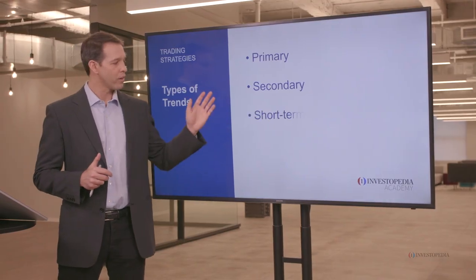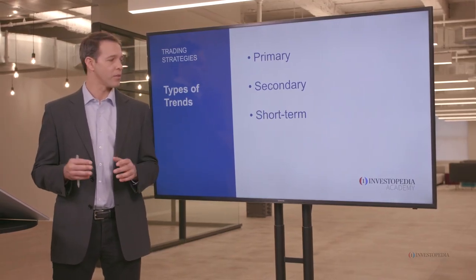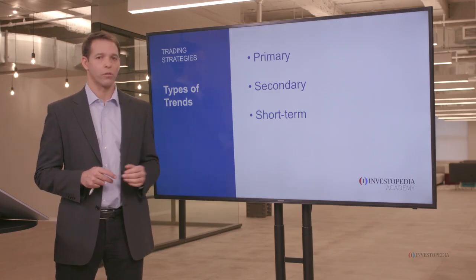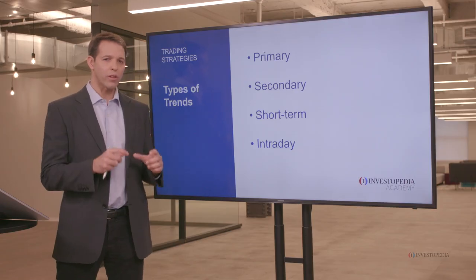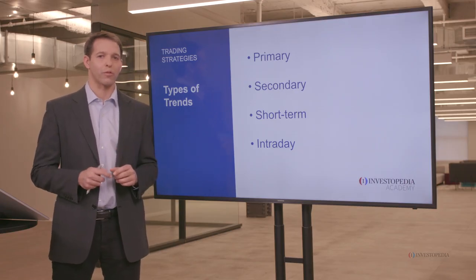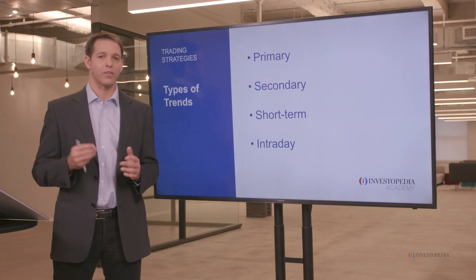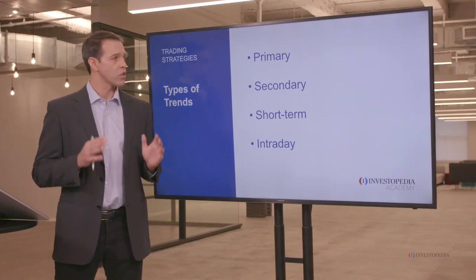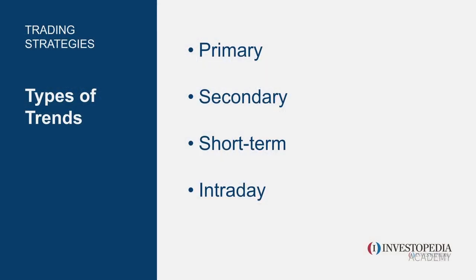The next type of trend are the short-term trends. And these can last weeks to maybe months. And they can be either the same as the primary trend or counter to it. And lastly, you've got the intraday trend. And these are really short-term moves in the market. For instance, you could have a stock market that rallies 200%, but at the same time, you can still have days that drop 3 to 5%. So just because the trend is heading up doesn't necessarily mean there can't be any counter trends.